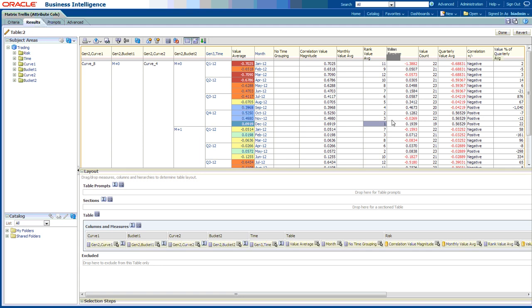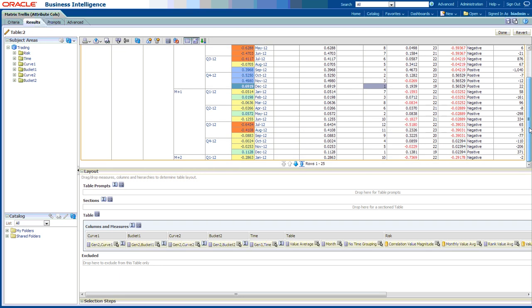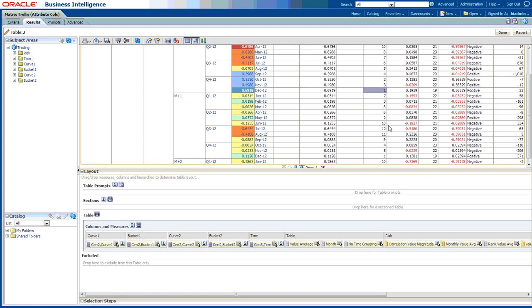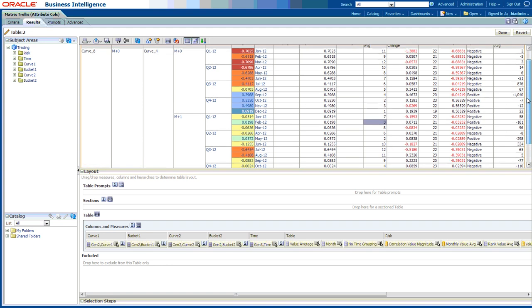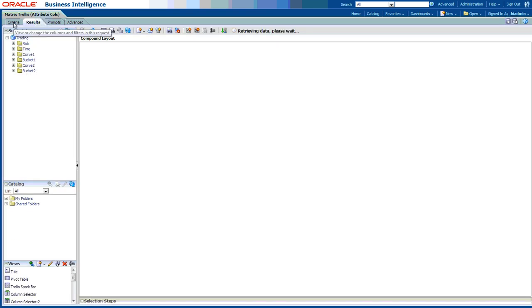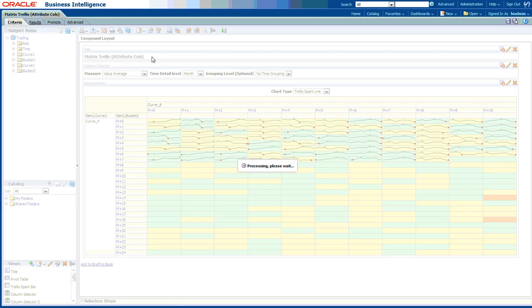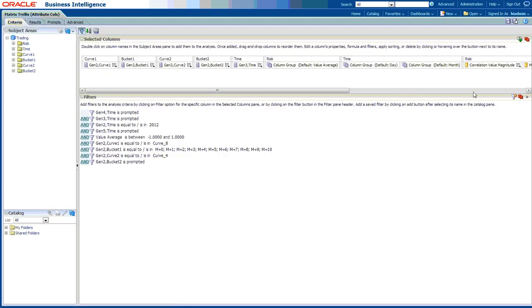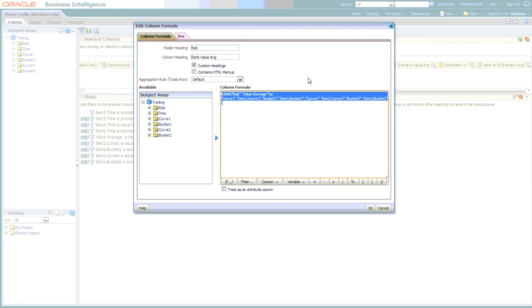But what I'm really going to want to do is only filter out those numbers which are from 1 to 3, and we see here actually they range at the end of that particular data point, whereas this next one here we've got a 1 and we've got 2 and a 3 up here. So what I'm effectively going to do is say, let's have a look at this rank value average and change it so that it's not just giving me values from 1 to 3, but I'm going to make it give me something slightly different. So I want to go and edit that field again,